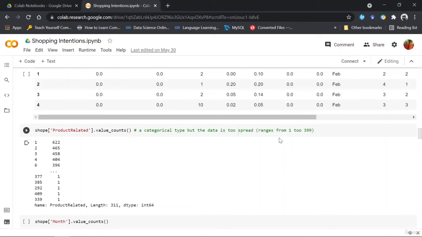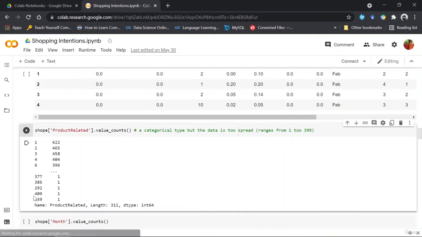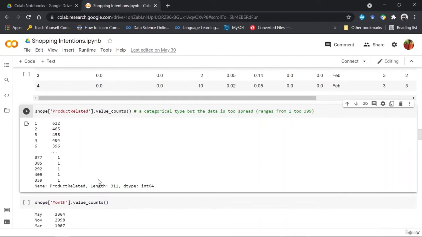Okay, it doesn't actually range from 1 to 399. You can see a 409 present here. But the length is 311. Basically, 311 unique values are present inside the product related column.